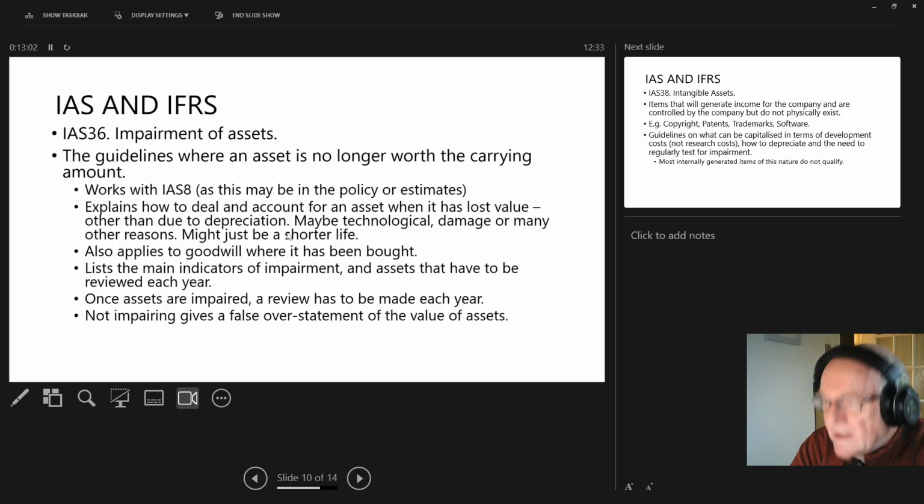Descriptive bits, indicators of impairment, why something is not worth the value. And there's also a list of assets, a very boring list if you teach it in class, that have to be reviewed every year. And the general provision, if you impair an asset, you have to double check the value of an asset. Well, yes, when you're preparing a set of financial accounts for a client or for somebody, you should be going around checking that they do exist and it looks realistic, a proper visit.